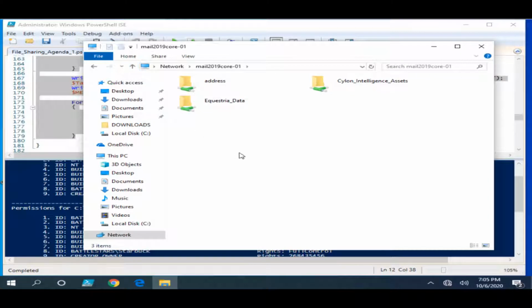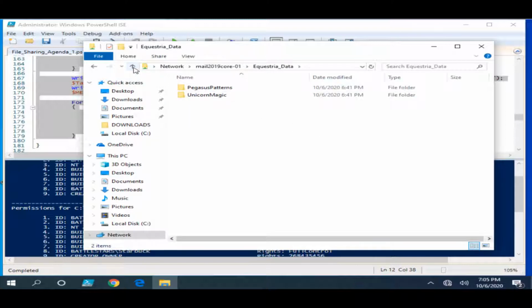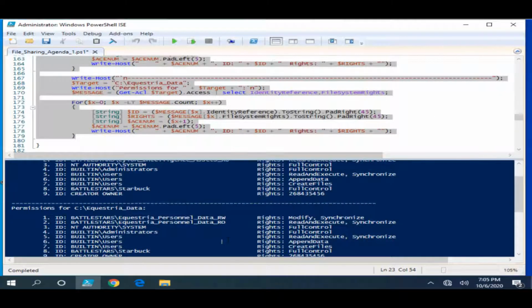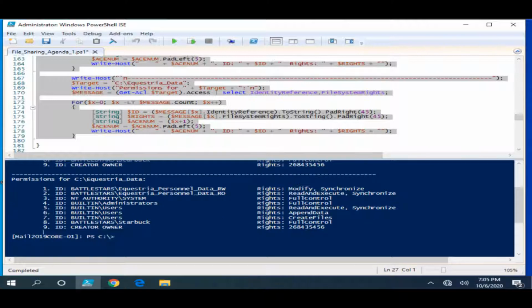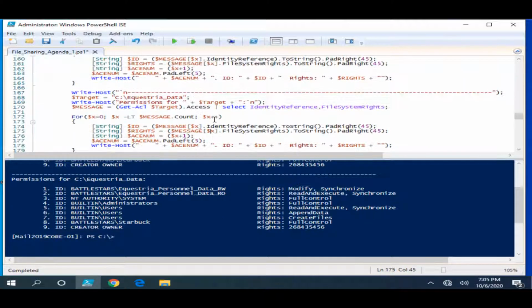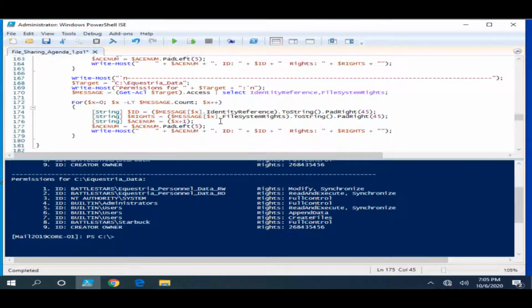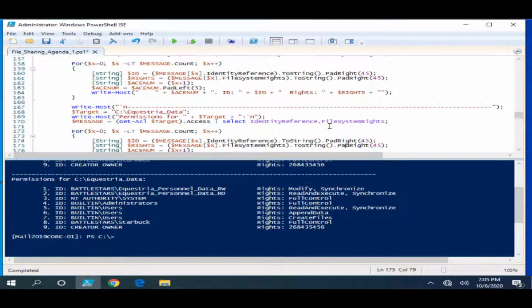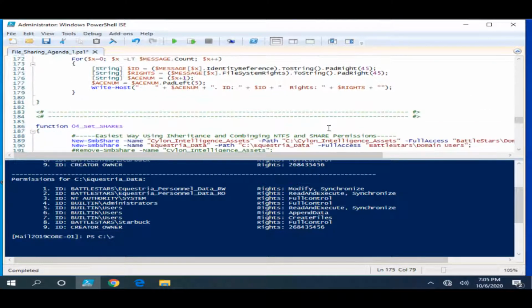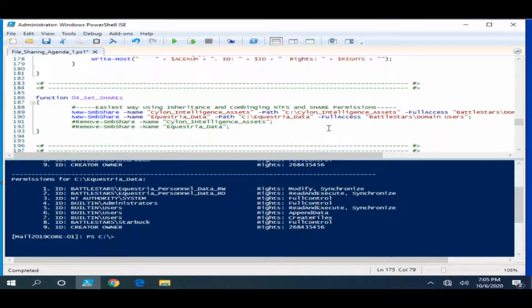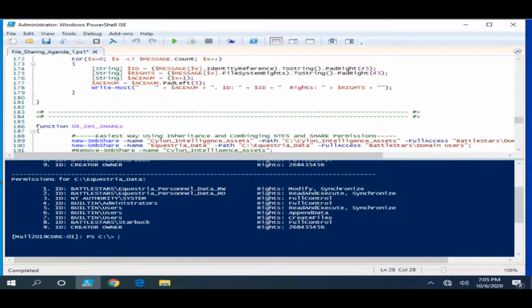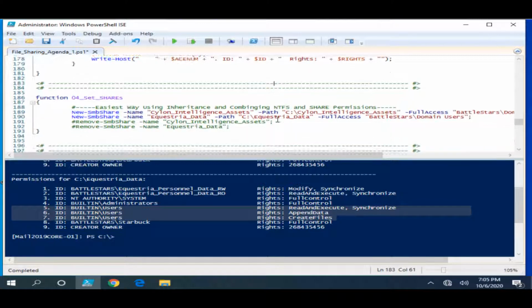Anyway, sometimes that is the case in AD. When you make permission changes, I'd recommend you tell your users to sign out and sign back in. But in this case, looks like it made a liar out of me. It's always an exception. All right, so I'm gonna go ahead and remove that, and we're gonna sign out and sign in as a user of both the read-only and the read-write, and we'll test some basic permissions. But again, not best practice, not what I want you to do, but just to show you,